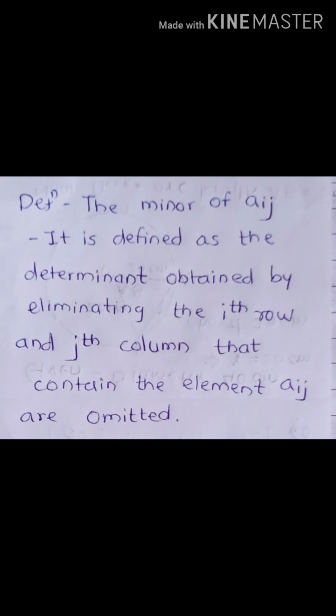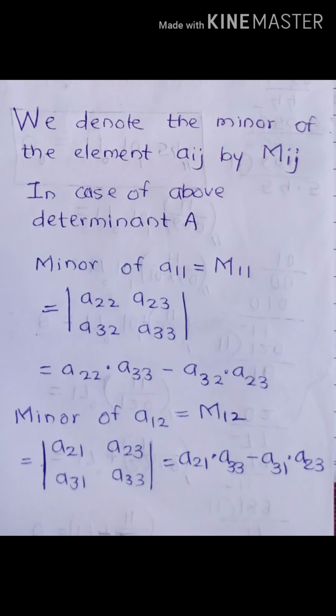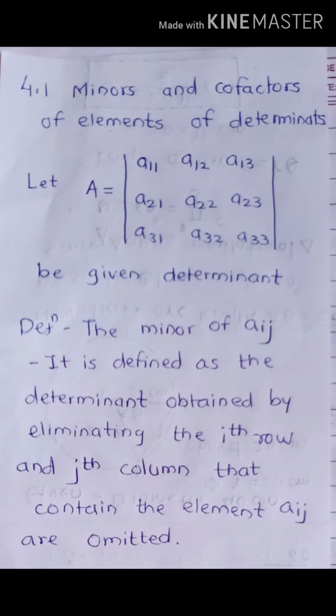Definition of minor. The minor of Aij is defined as the determinant obtained by eliminating the ith row and jth column of A. That is, the row and the column that contain the element Aij are omitted. We denote the minor of the element Aij by Mij. In the case of the above determinant,